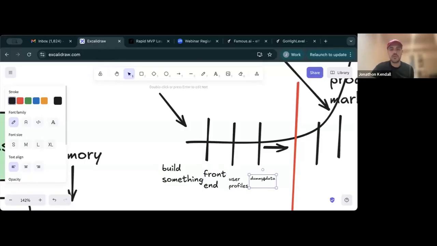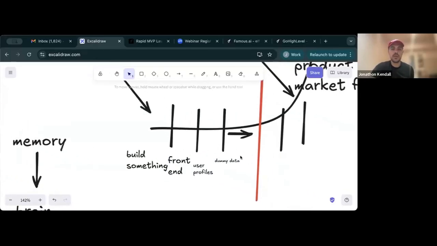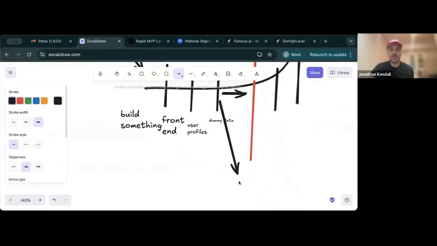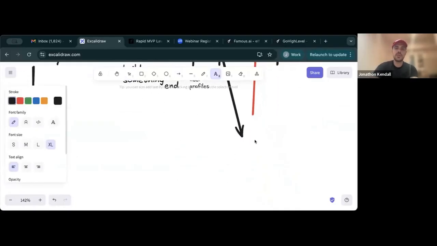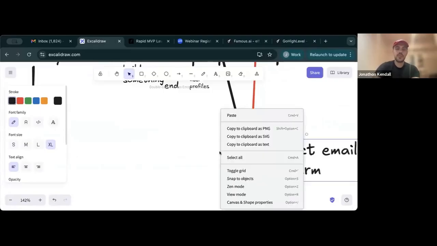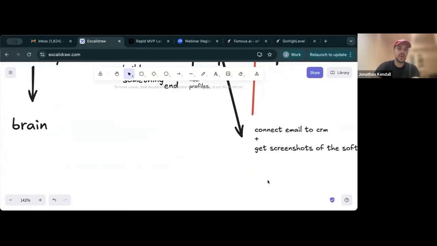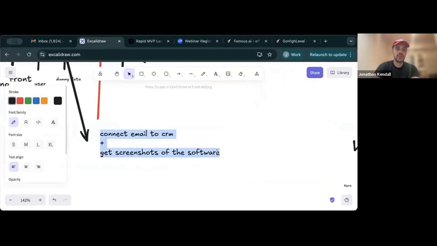User profiles is 3 more prompts. And then we have dummy data. And so this is usually where people get caught. But what I want to offer you guys as an alternative is just connect email to a CRM plus get screenshots of the software. We haven't actually built it yet, but we have a general idea of it. So now it's real.